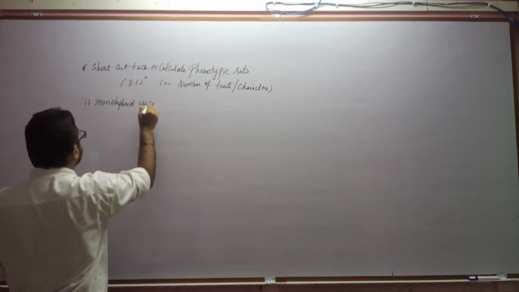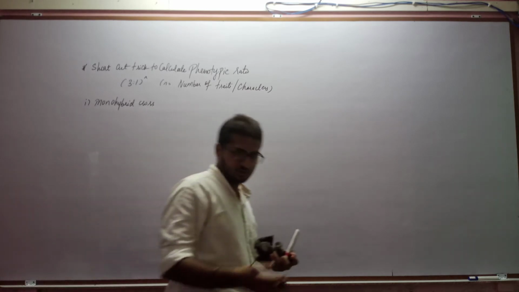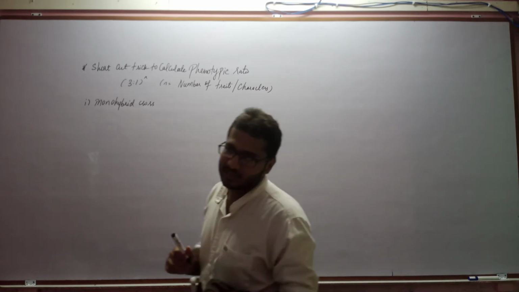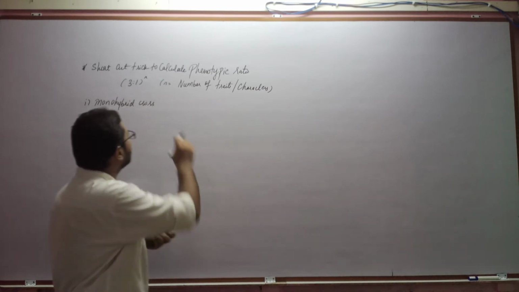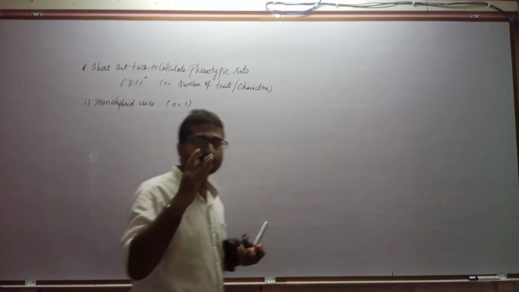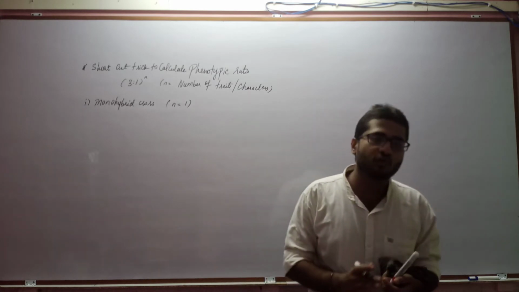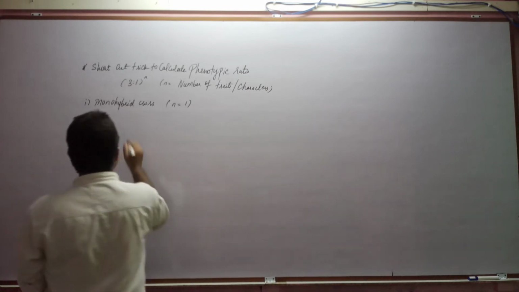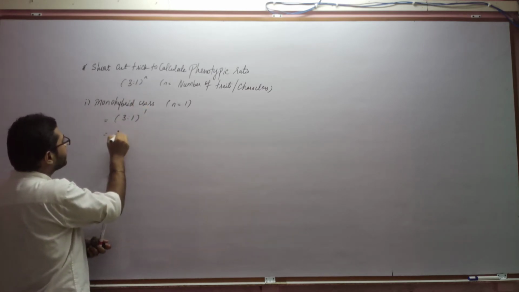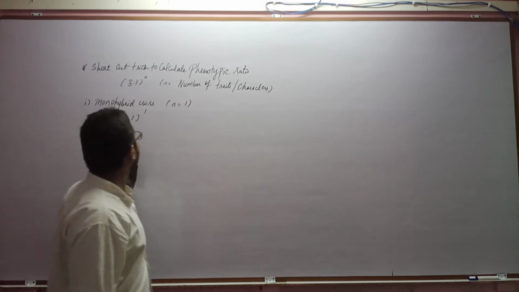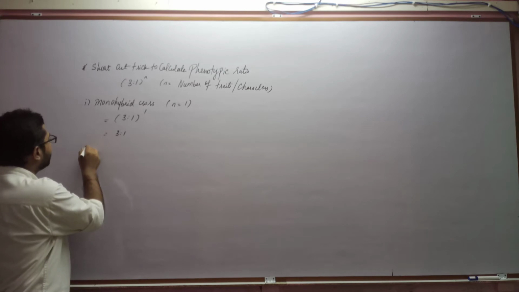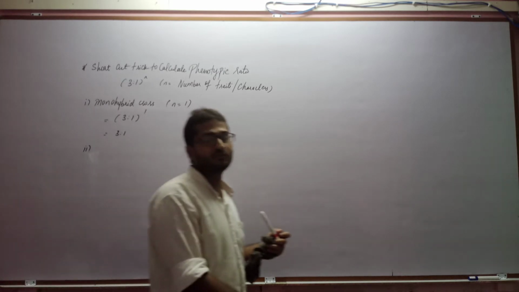Let us discuss the monohybrid cross. Mono means single. That means in a particular experiment only a single character or single trait is involved. So what would be our n in monohybrid? N is equal to 1, because only one trait or character is involved in the experiment. So 3:1 raised to 1 gives the answer 3:1. So in the monohybrid cross experiment, the phenotypic ratio is 3:1, the same phenotypic ratio that we discussed in our previous videos.